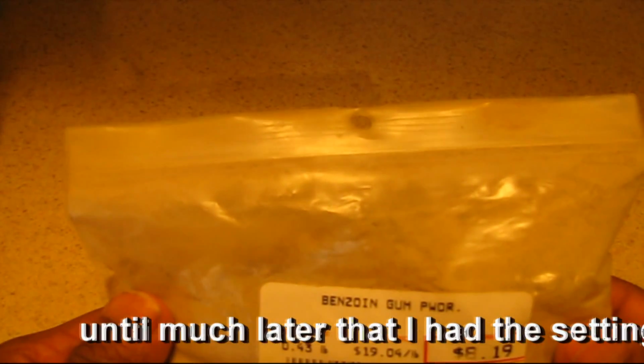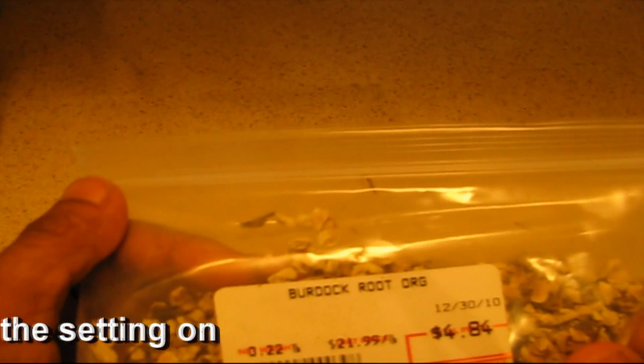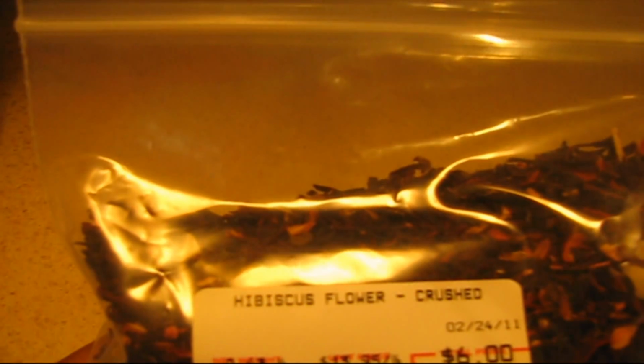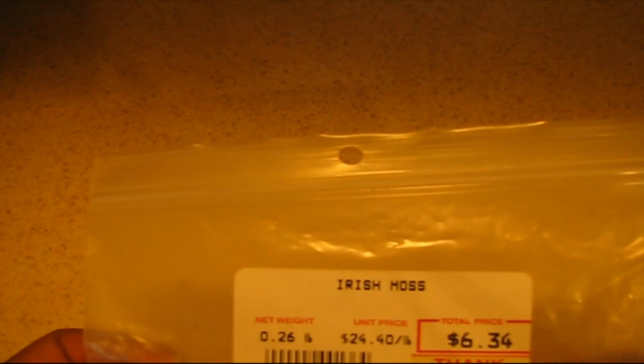Okay, we're going to run through the ingredients that are going to be used in this particular oil infusion, and this is the one that I've used for my hair that I mentioned in the 2-year video. Aloe powder, benzoin gum powder, burdock root, chamomile, colt's foot leaf, comfrey leaf, comfrey root, hibiscus flower, fenugreek seed powder, Irish moss,